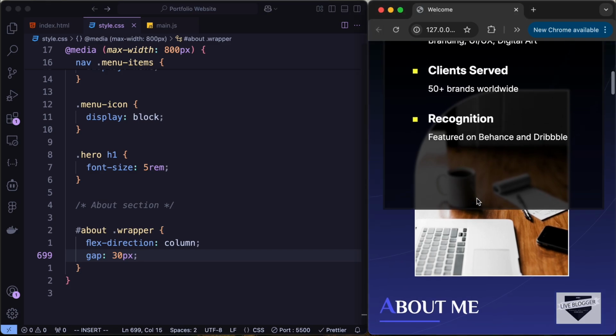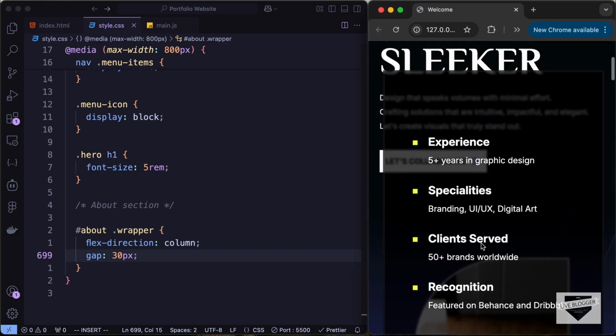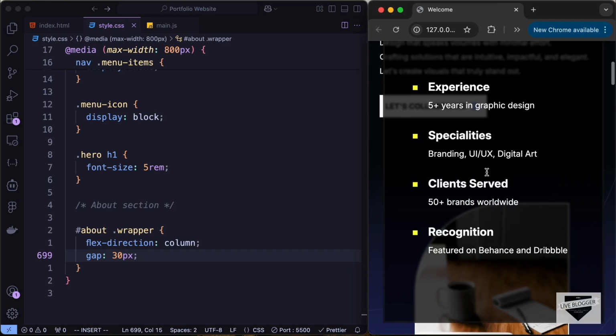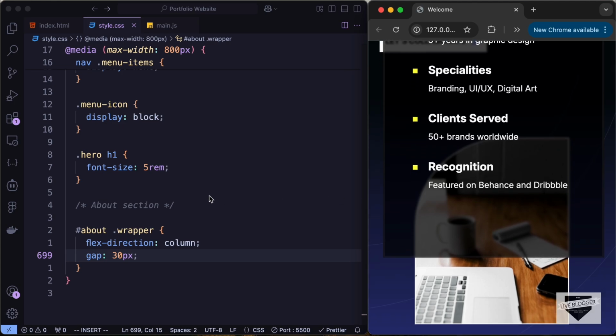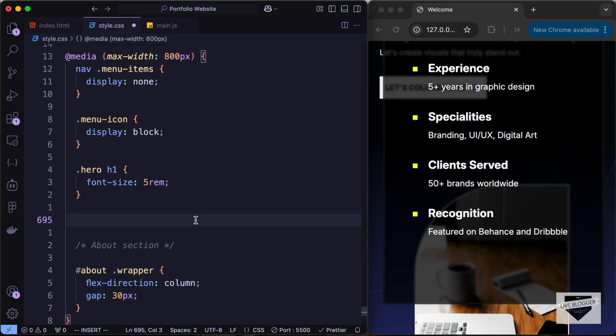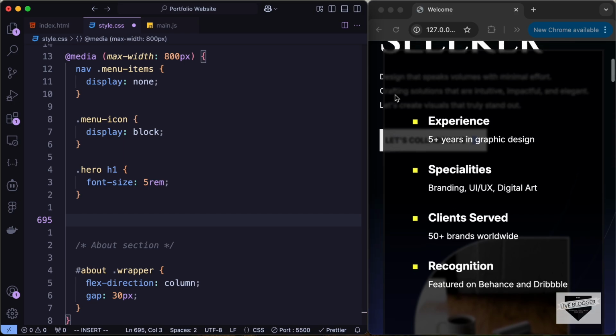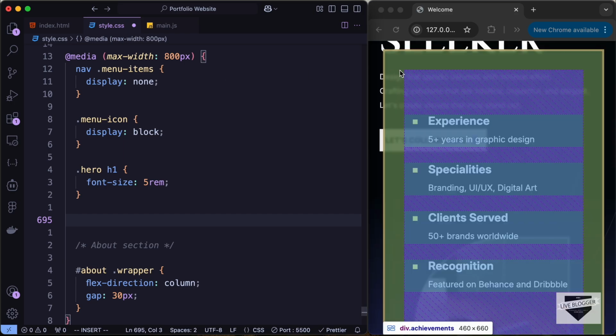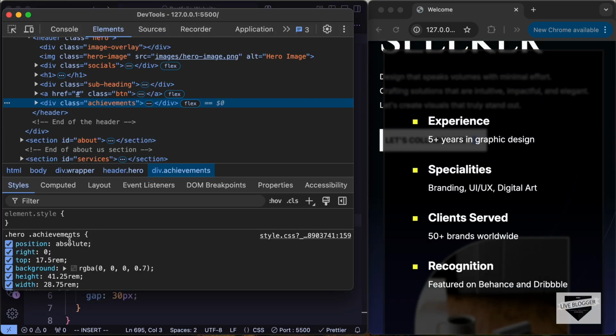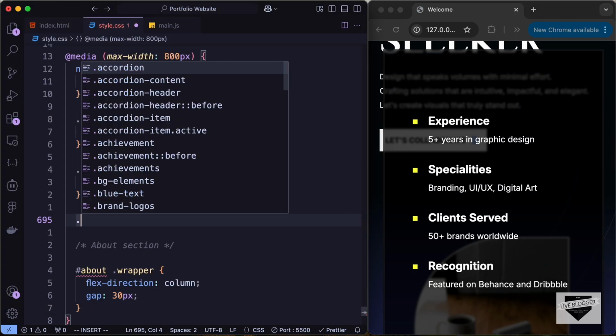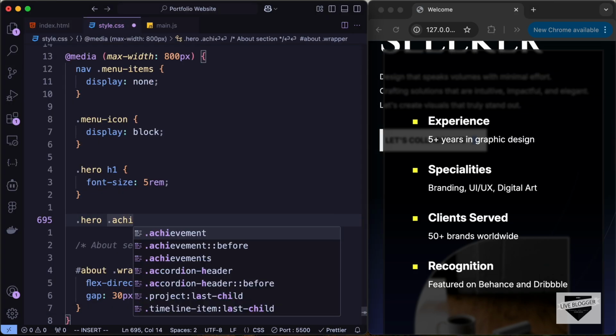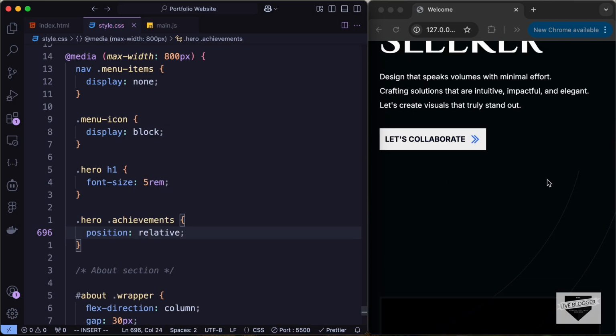So this is how it looks. We have this about image, and this achievement section is displayed on top of the about section. So let's add a position of relative to that. So right now the position is set to absolute. So if we inspect it, here we can see that the position is set to absolute. So let's go ahead and type hero achievements position relative, and